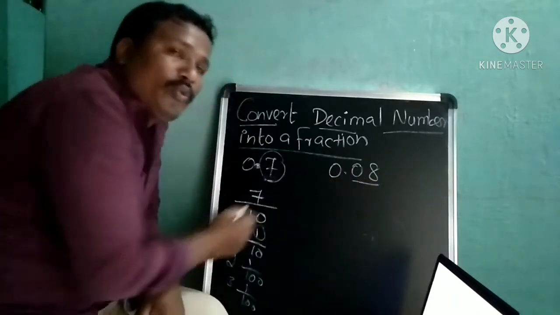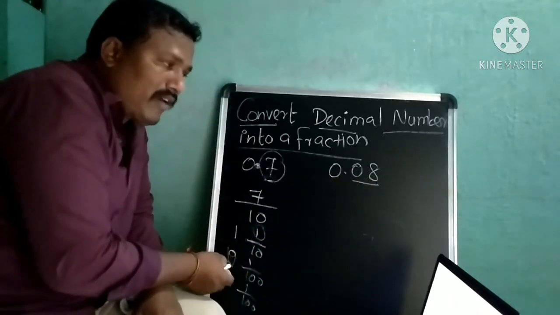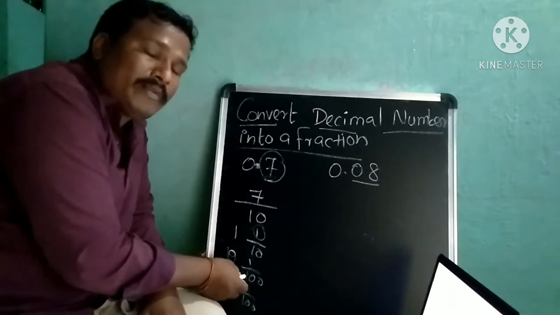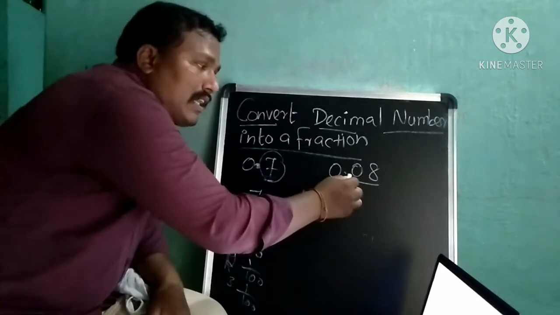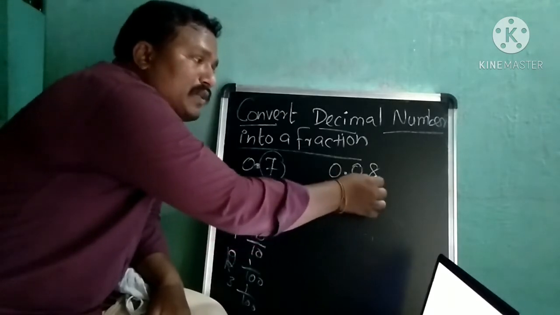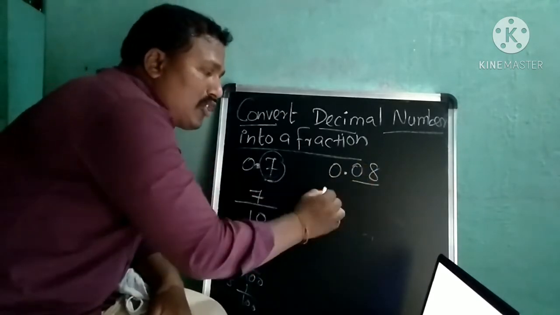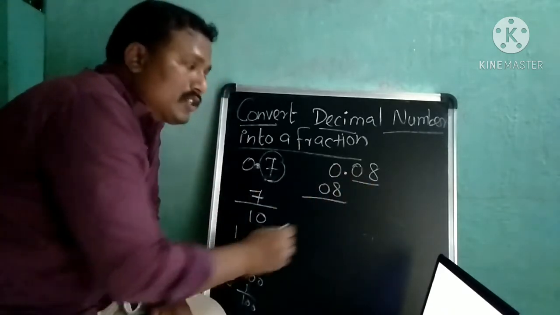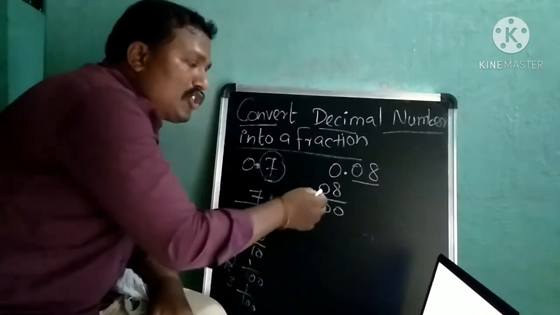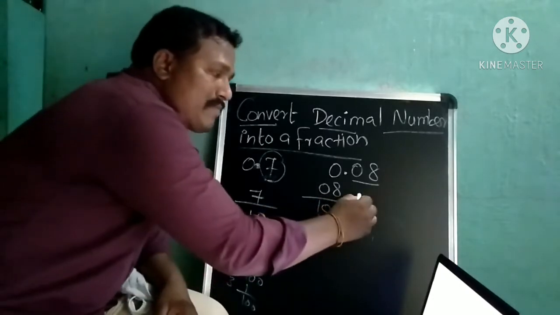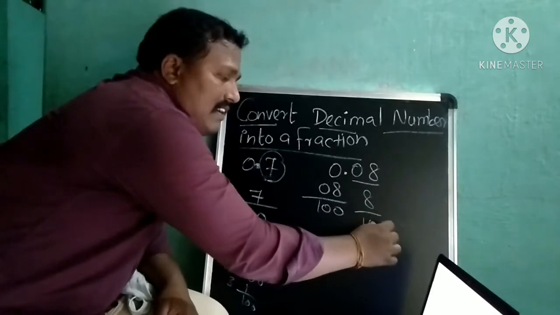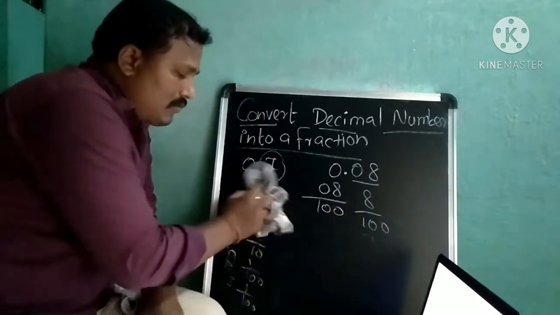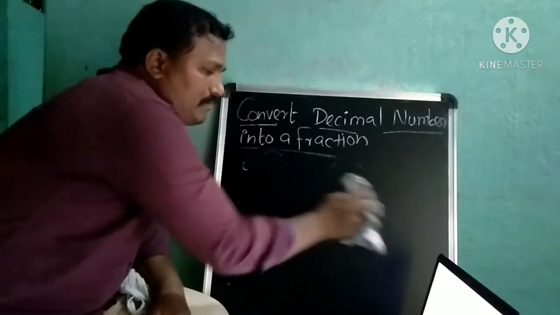Here decimal places are 2. As per the rule I told you, if decimal places are 2, you have to take 1 by 100. I told you after the decimal point, you take it as a numerator. So 8 is the numerator. There are 2 places, so I will put 100. So 8 by 100, 8 upon 100. This is the decimal fraction. Okay, let me take another example.